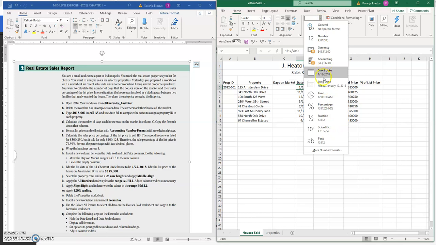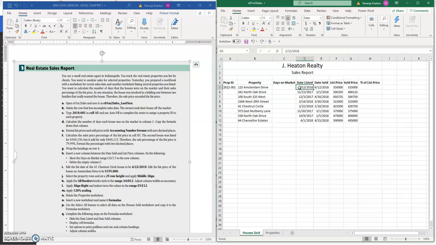Where is the short date? Long date. Okay, so January 12th. The first one is the month. So this was January 12th, and it took like 3 or 4 months: January, February, March, April. Anyhow, we're supposed to get the days on the market, and usually what will happen is in Microsoft